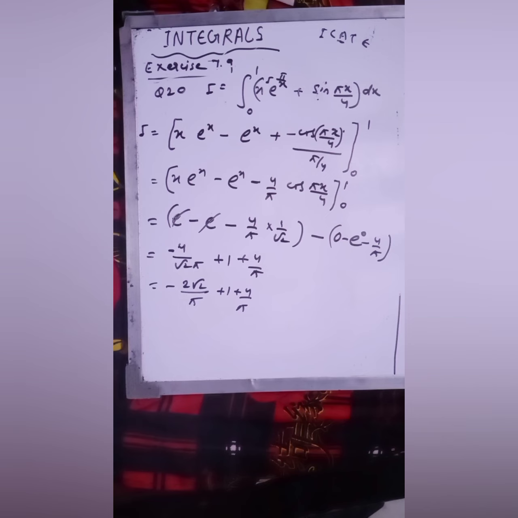Otherwise you will say, sir, you made us do so much in one class. These two exercises, 7.8 and 7.7 and 7.9, are not so very tough, okay, not very important, fine. So that's why we are able to solve these two exercises in one class only. Clear? We can solve exercise 7.10 also, but it will be too much, so that's why we are not solving it right now. Okay, so 7.10 we will start in the next class.